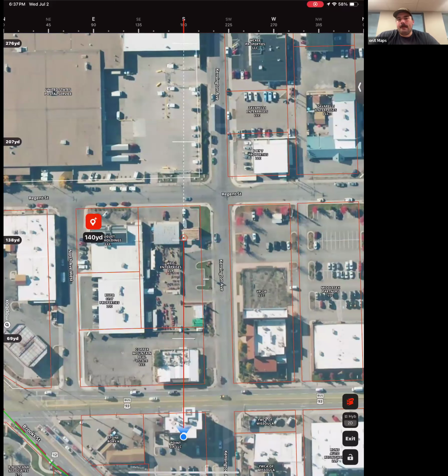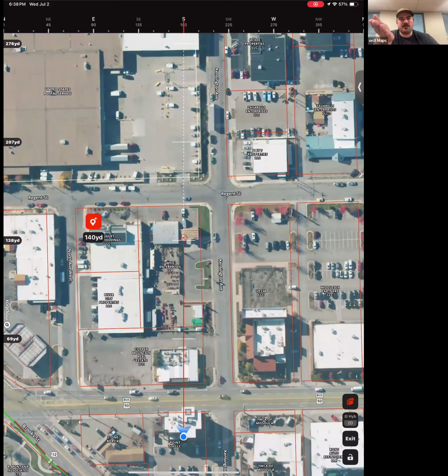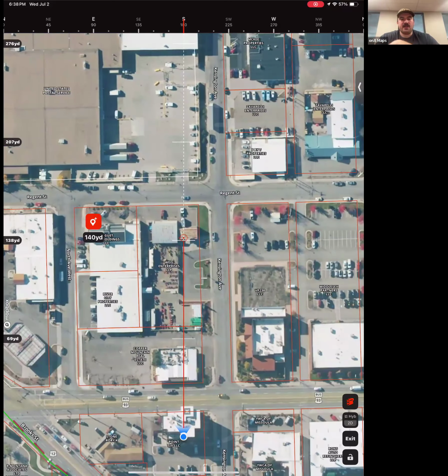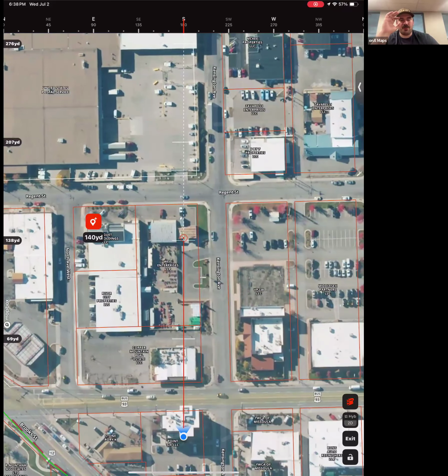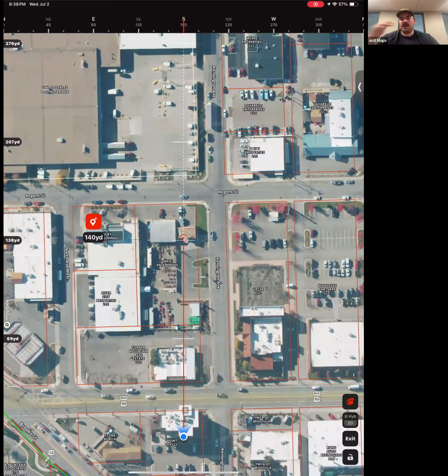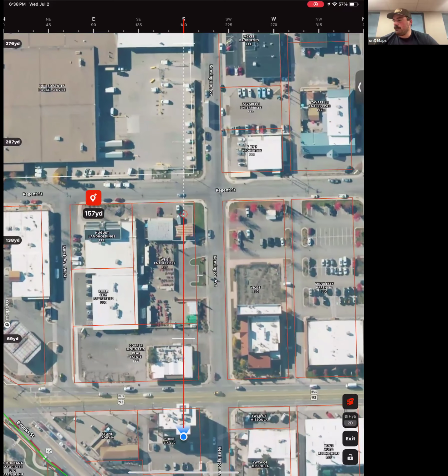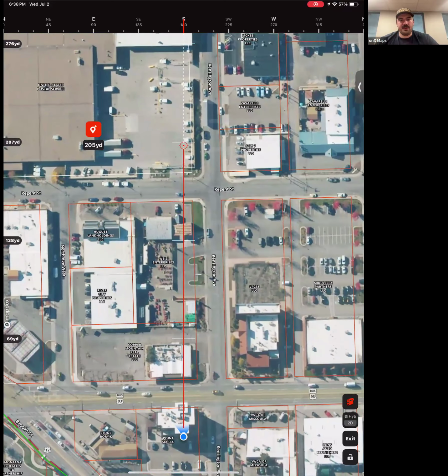Laid down, had the gun on the bipod, everything set up, and just was going to have to wait for him to stand up to take a shot. So what I did while I was laying there, and I laid there for almost an hour and a half before he stood up, I took my phone out, pointed it at the deer where it was bedded, and used the rangefinder mode. I'd already ranged it with my handheld rangefinder. It was 270 yards. Pointed the phone, and then all I'm doing right now, if you look at my screen,